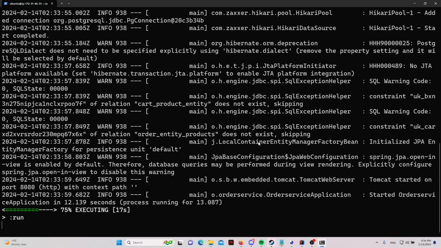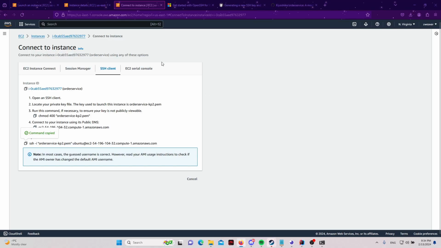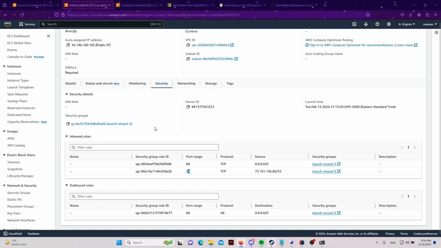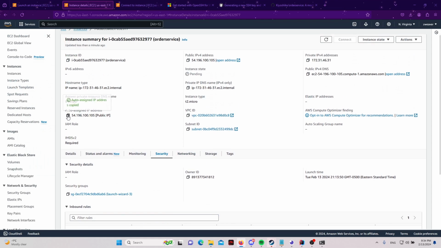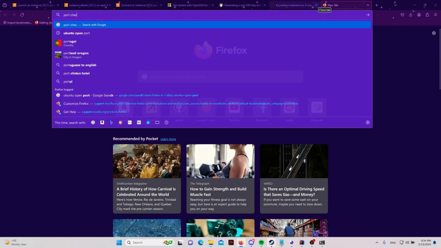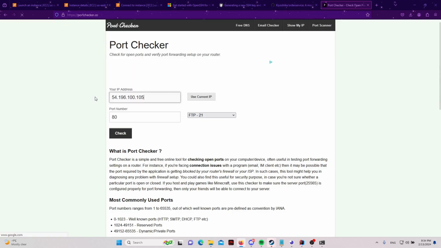All right, so we started everything up, and remember that we exposed port 8080 earlier. So just to make sure that it's working, we can copy this public IP, and we can go to a port checker. So if you copy your public IP and check 8080,